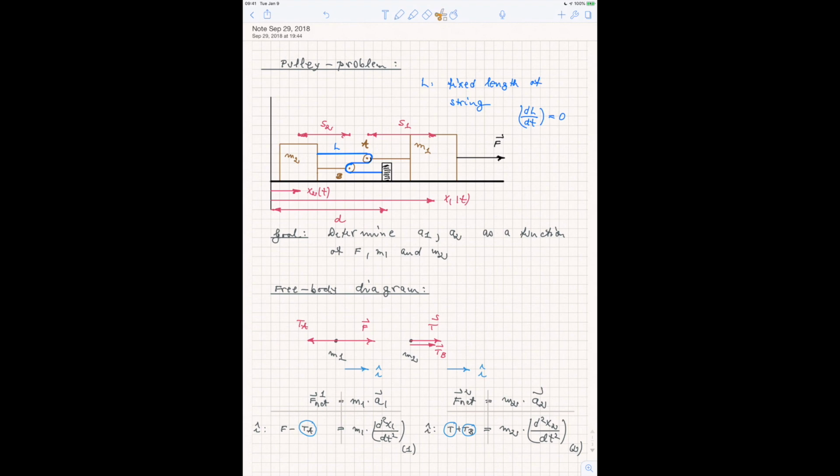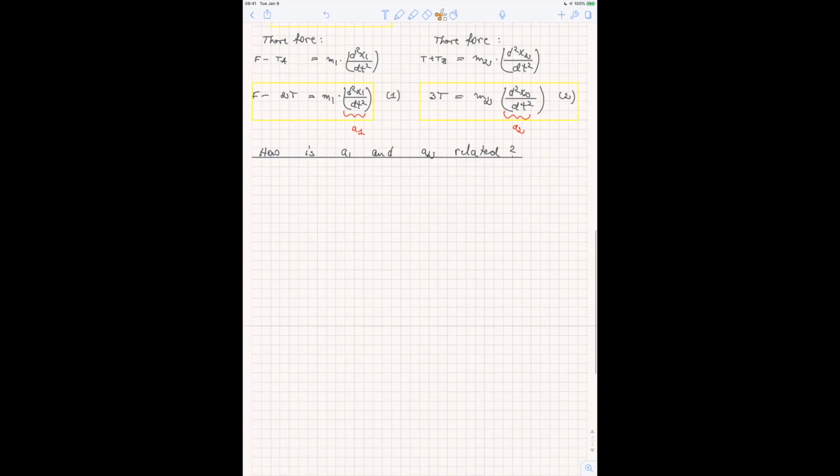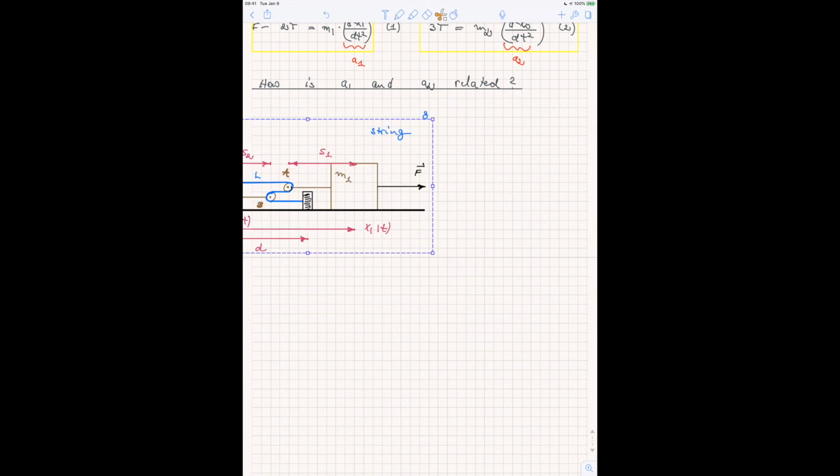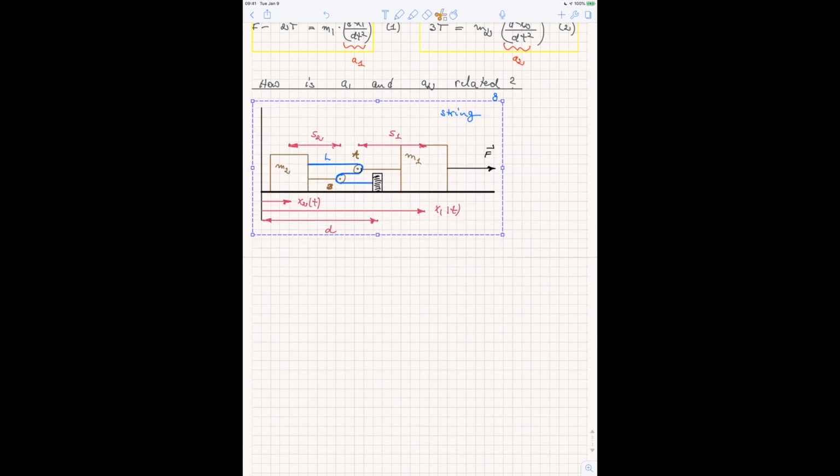And what I want to do now is copy this part here for the sake of finding a constraint and formulating a constraint in terms of various distances here. So now, how can we do that? Well,